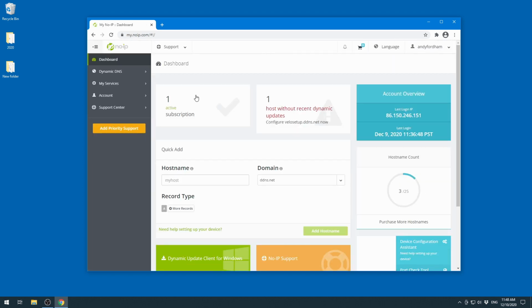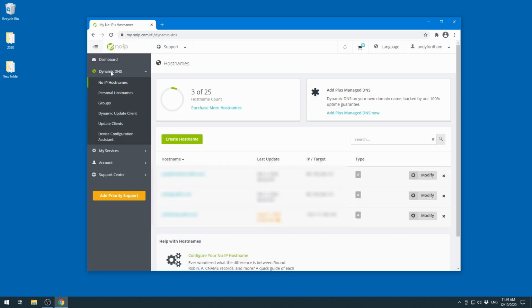and I'm going to go and have a look, I can see that I've got one active subscription, which cost me $24 for the year. I can click on Dynamic DNS, and I can see that I'm actively using 3 out of my 25 available host names. I use these for different projects. So I've blurred these ones, so I'm not making these ones all public, but I will add a new host